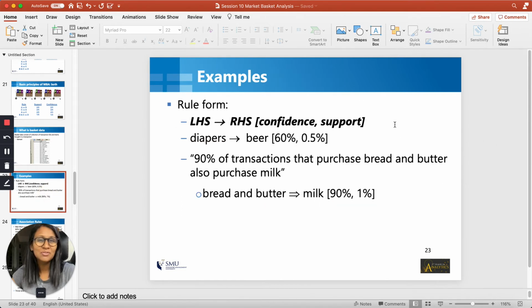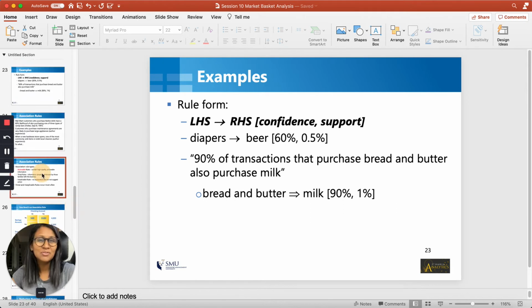So there are some famous examples. If you look it up, there is a famous anecdotal rule which said Walmart found out that people who were buying diapers were also buying beer, and it looked a little bit weird, and they went and investigated, and they found out that there were these dads who were babysitting and they were buying diapers and beer at the same time. So there are rules which are new to us, and we need to further investigate to understand the accuracy of the rules better. But then there are rules which have almost become phrases, like bread and butter. These are things that we already know.